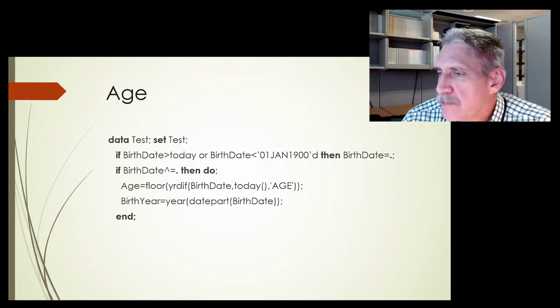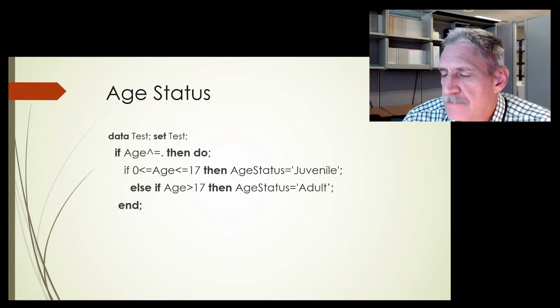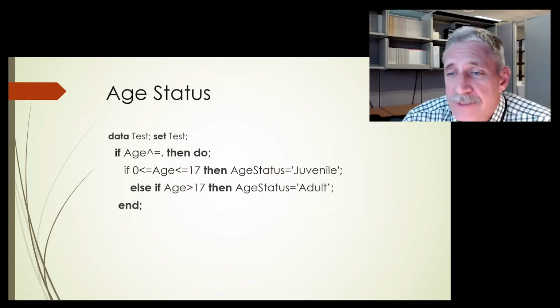Now, we've got here, if age is 0, if 0 is less than or equal to age, which is less than or equal to 17, well, we use 17 as a cutoff for juveniles. You might need 18 or 21, depending on what you're doing on your project. We have to accept 0 as an age because we actually have people buying a lifetime hunting license when they're 2 days old. This happens a couple times a year. It's actually grandparents who, as soon as the kid is born, go out and get a hunting and fishing license for the grandchild. So I have to accept age 0.